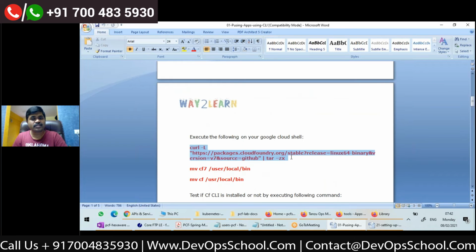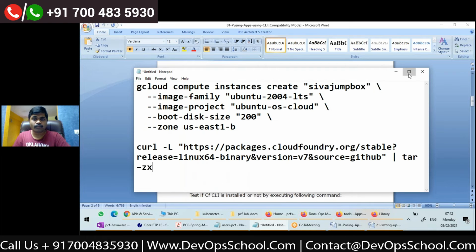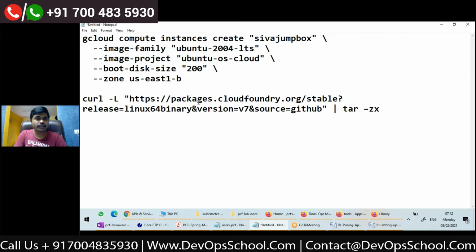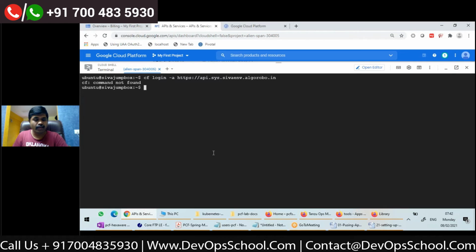So I'll copy this command to download using curl. Maybe while copying from a Word document, sometimes there might be some space issues and all. You just have to take care. I'll copy this curl command, and I'll paste it.